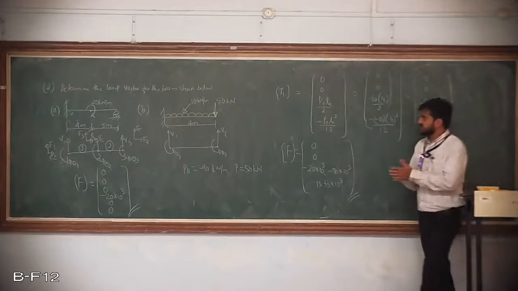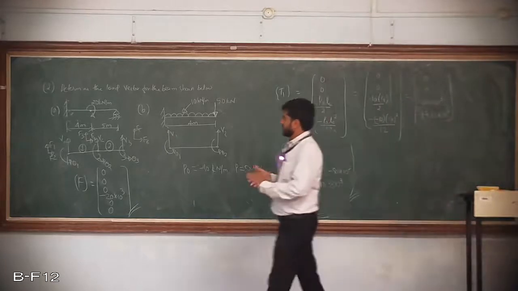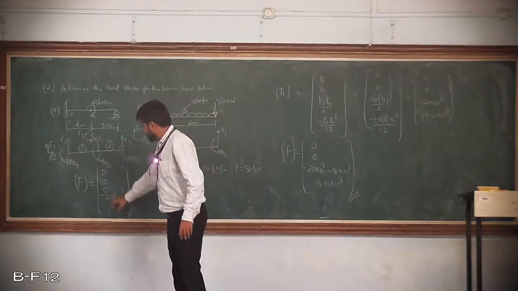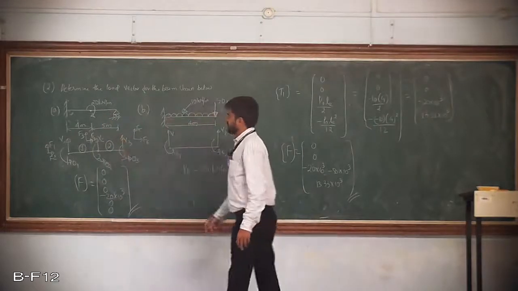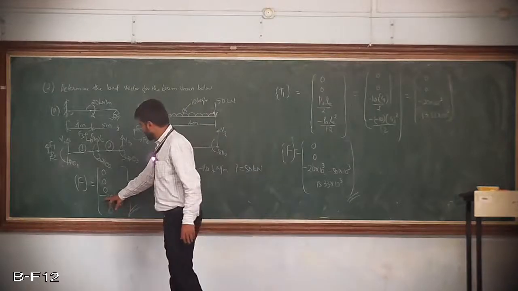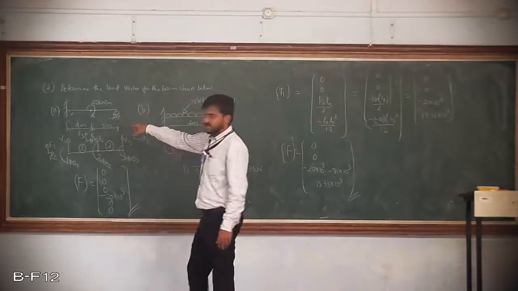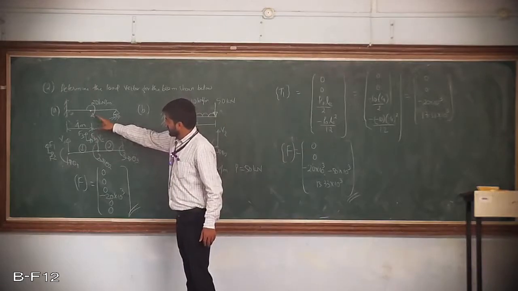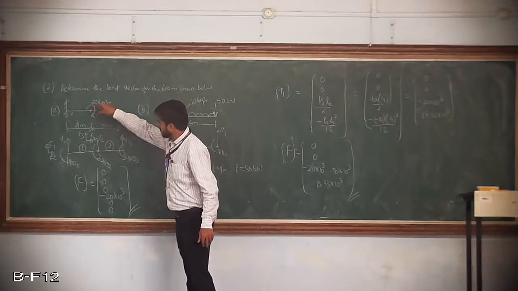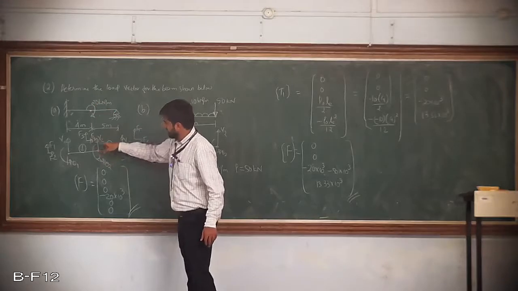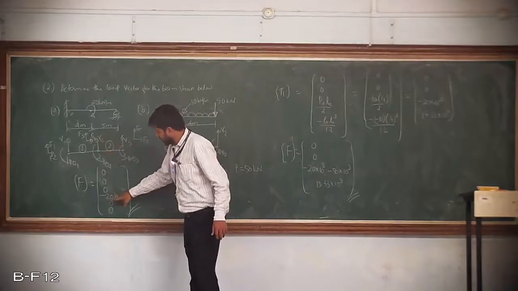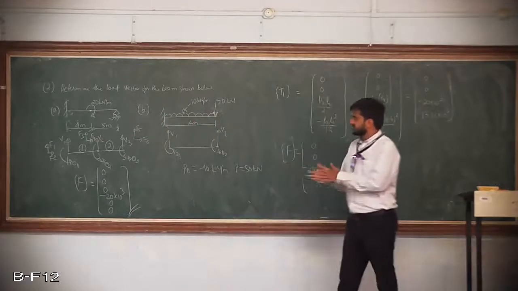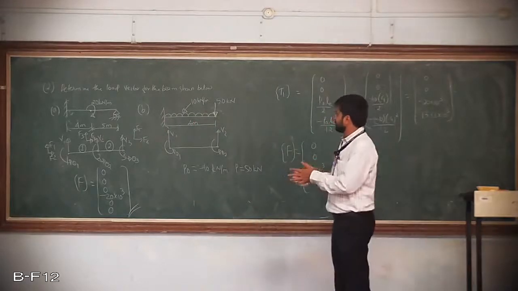So these are some simple problems where, if you get only movement, then you need to go for this method. I have taken it as minus 20 because it is in the reverse way of what I have assumed. The given is the clockwise direction, and the assumed is the anti-clockwise direction. That is why I have taken it as minus 20 into 10 raised to 3. So this is the final solution of these two problems.